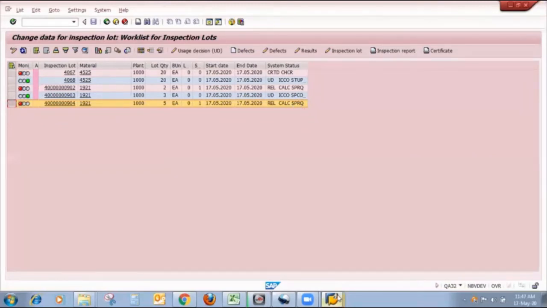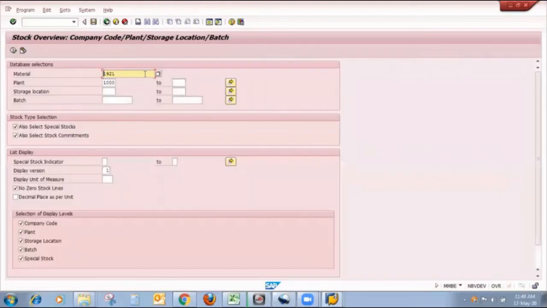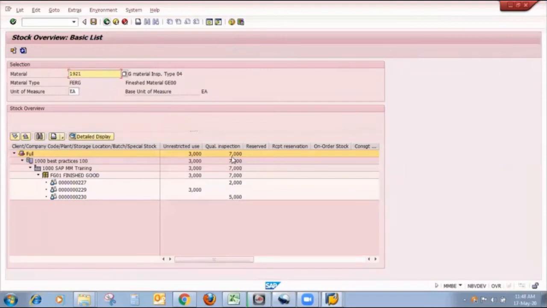Meanwhile, I will show you the stock of that particular finished product. In MMBE, I will put the finished product and plant. My current stock is in quality. After doing result recording and stock posting, this stock will move to unrestricted, but currently it is in quality.